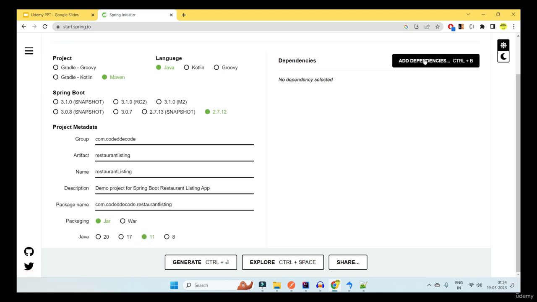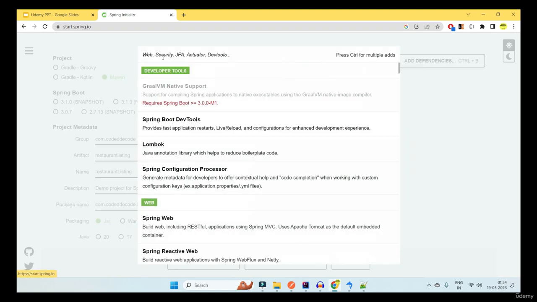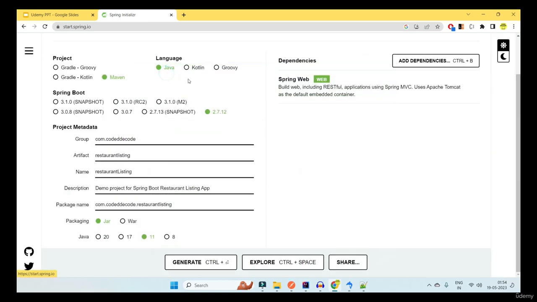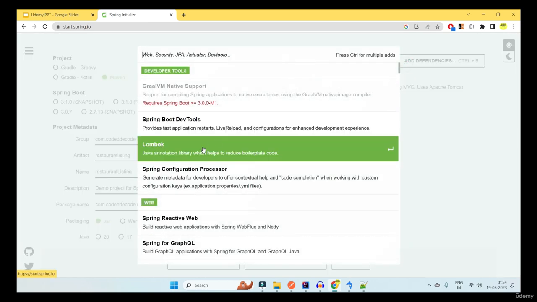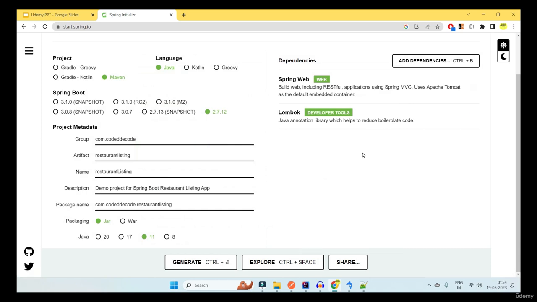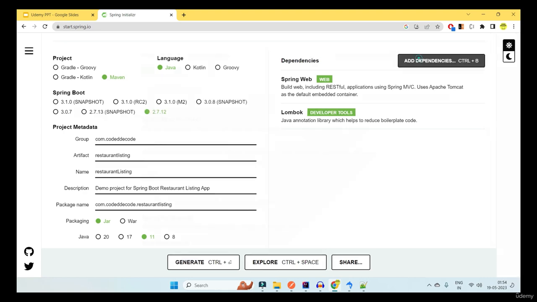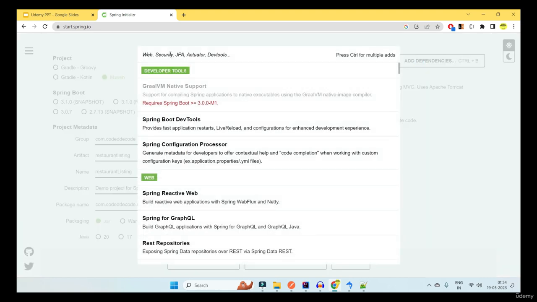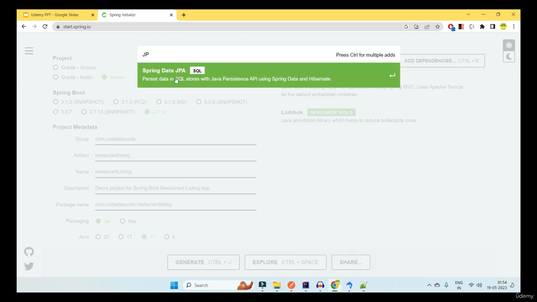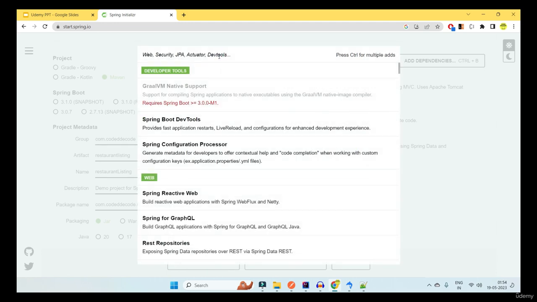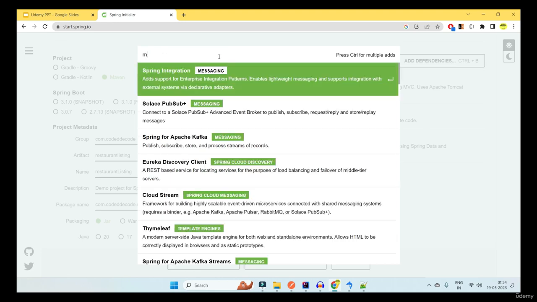Important part, we need the dependencies. First of all, web will be the very basic dependency we would be needing. Also, I'm lazy enough, so I'm going to use Lombok. I do not want to write getters, setters and constructors, so for that I'm going to use the Lombok dependency. Then I'll be needing to connect to a MySQL database, so I'll be needing the JPA dependency. Then I'll need a connector responsible for connecting our Spring Boot application to the real data source, that is MySQL DB. So we need an interface, that is the MySQL connector or driver.